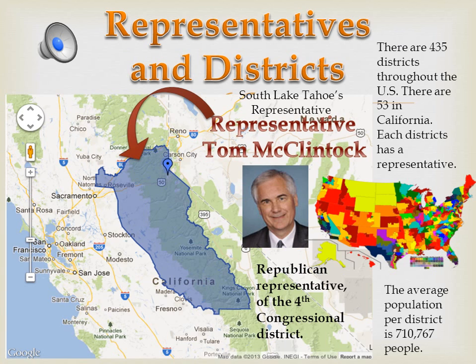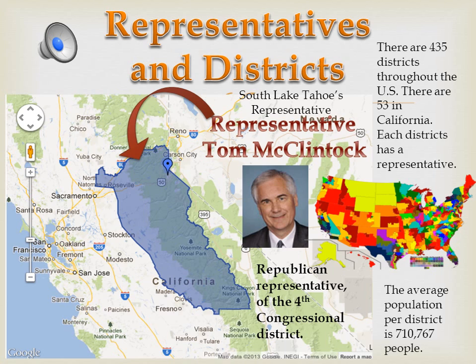So there are 435 districts in the United States. And so what that means is there are 435 representatives that run for 2 years. Our representative in South Lake Tahoe, in his district, it's called the 4th Congressional District, and his name is Tom McClintock. So he'll be in office for 2 years, and then when that's up, our district will vote for him or someone else. The average population per district is